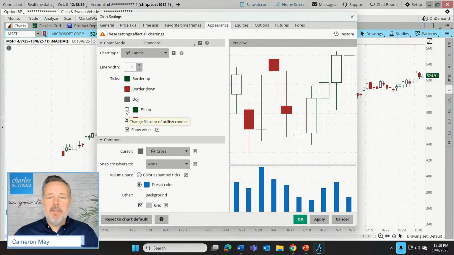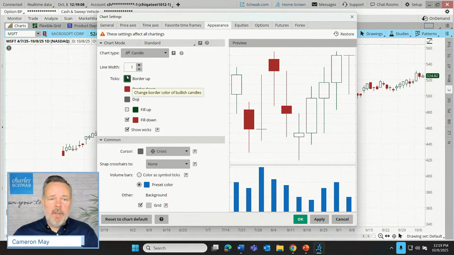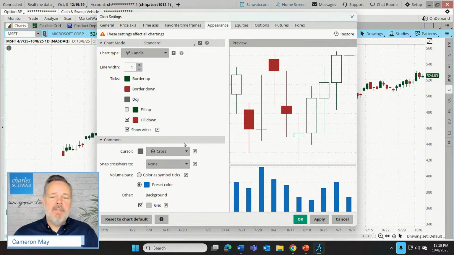So if I check this box for fill up, what it's going to do is change these white candles from just an empty white candle to a filled green candle, according to the border up color that I've selected. So let me check the box for that, and that gives me a preview of that impact. If I were to click apply, that's what we wind up with on our chart. I'm going to unfill that and just switch that back.